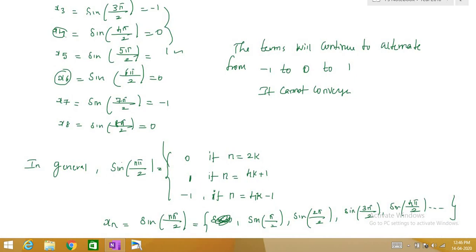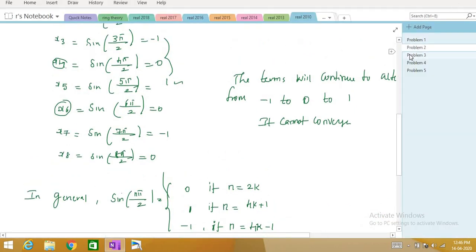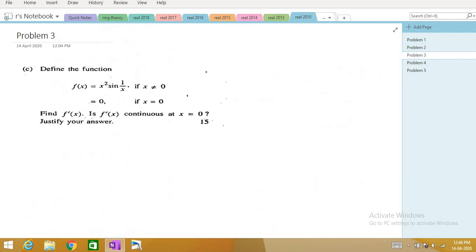So that's it. In the next video, I'm going to solve some very easy sums. We have this problem repeated many times in the ten years of question papers that we solved. So far we have differentiated x² sin(1/x) using the u by v method, the u into v method. I'm going to use the definition to show this.